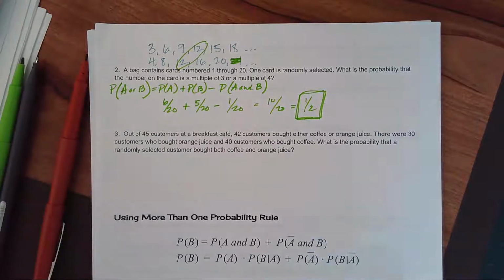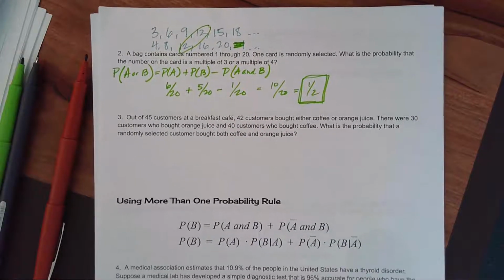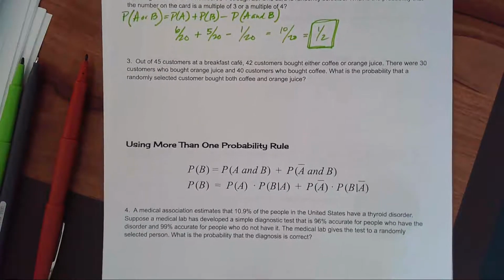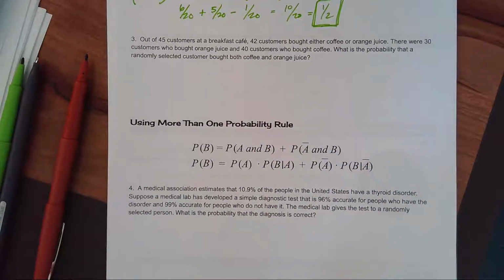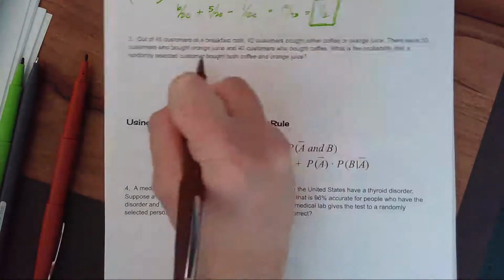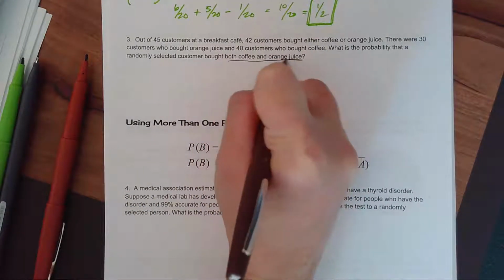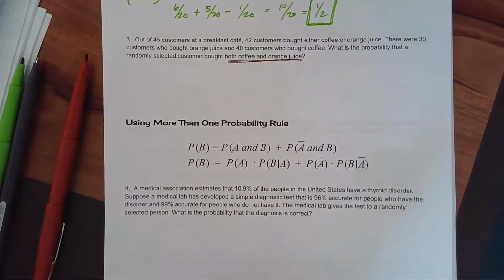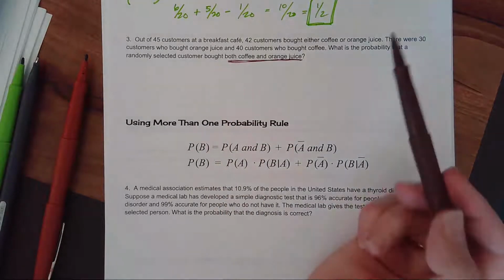All right, number 3. Out of 45 customers at a breakfast cafe, 42 customers bought either coffee or orange juice, and there were 30 customers who bought orange juice and 40 customers who bought coffee. What is the probability that a randomly selected customer bought both coffee and orange juice? Okay, so think about what you're finding here. You're actually finding where both things happen. So there is overlap here, because they already told us there are people who bought